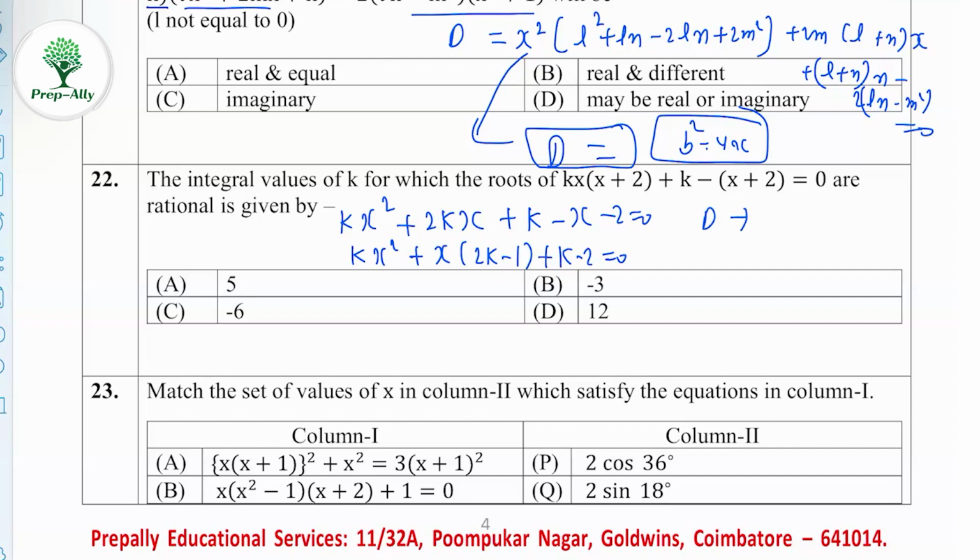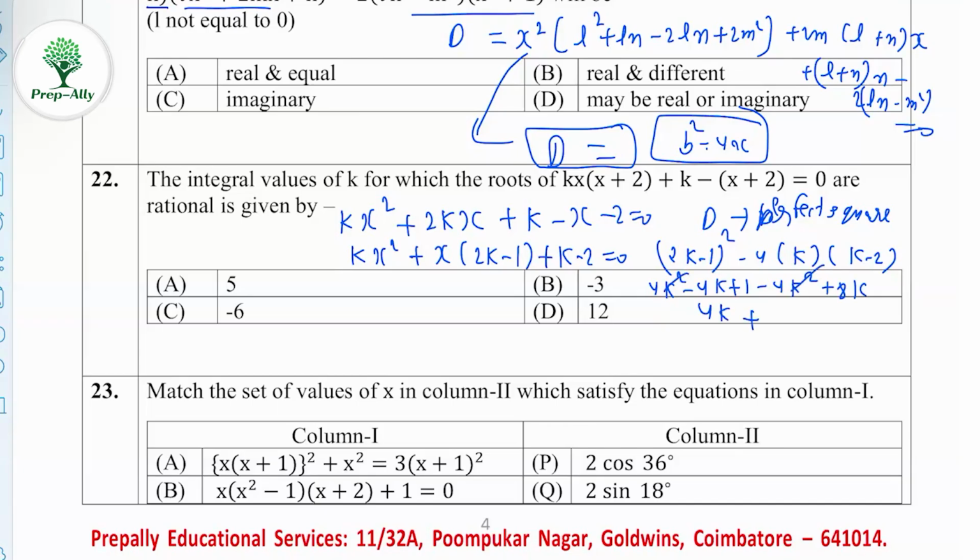Roots must be rational, means D must be a perfect square. Okay. Then only roots will be rational. So calculate D. So b square minus 4ac. So it will be 4k square minus 4k plus 1 minus 4k square plus 8k. So basically I'll get 4k plus 1. When 4k plus 1 is a perfect square, that you have to check. So 4k plus 1 is a perfect square when k is 12, because you'll get 49. Square root of 49 is